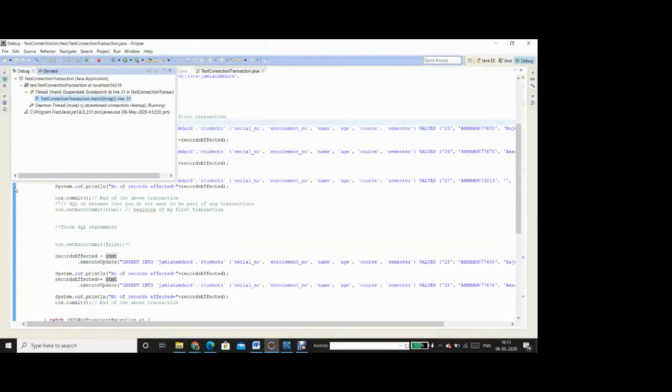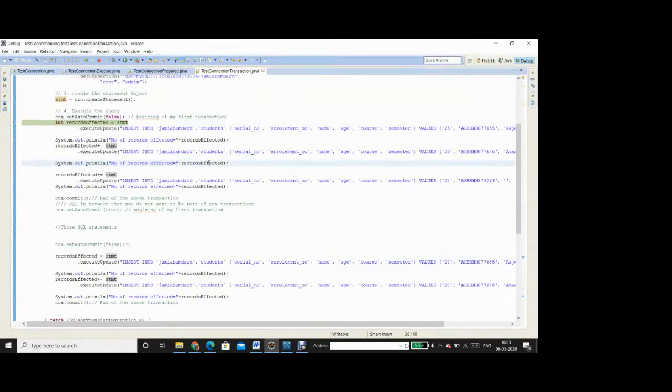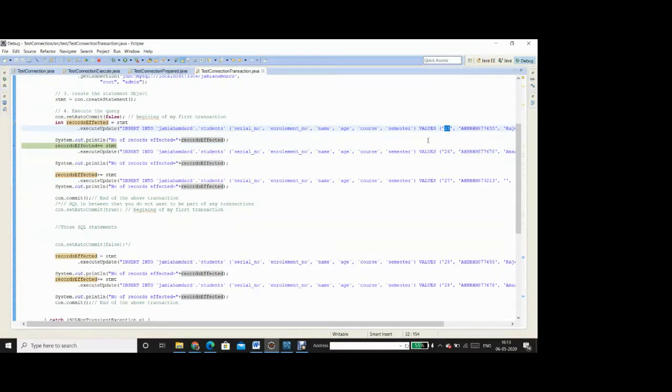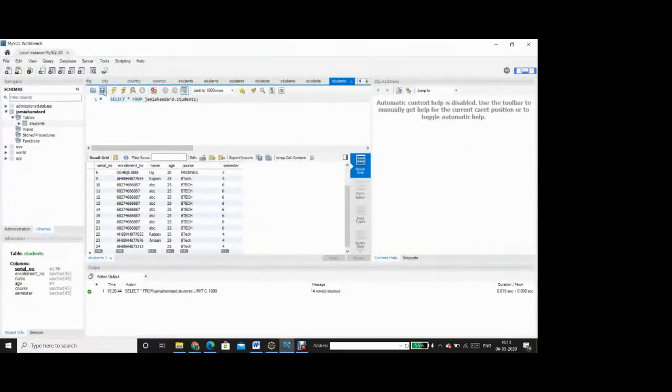So this statement is executed, the first insert, and after the first is executed I get a message: number of records affected is equal to 1. As in the case earlier, when set auto commit was not explicitly set to false, the record 25 would have been expected to be inserted in the database when I do the refresh over here. But here, let me try this, and you see with refresh nothing is happening.